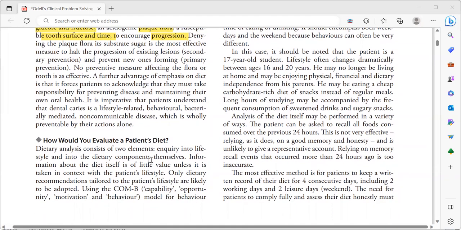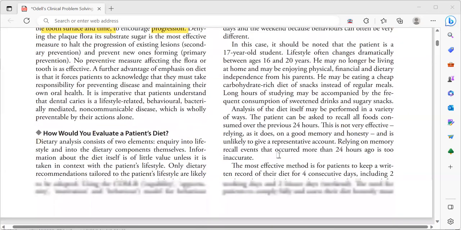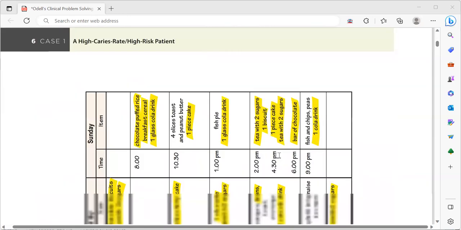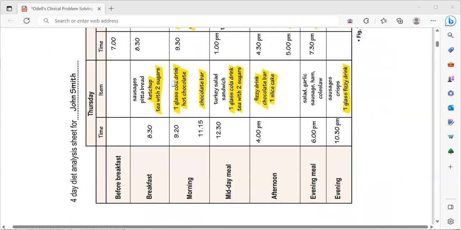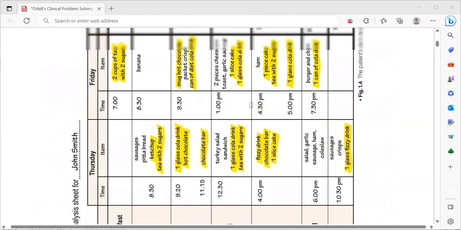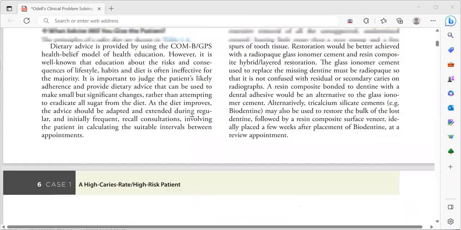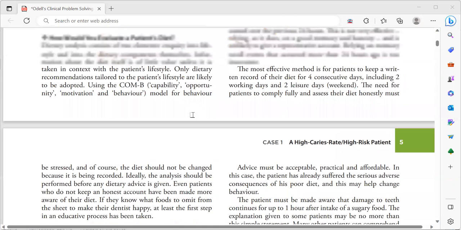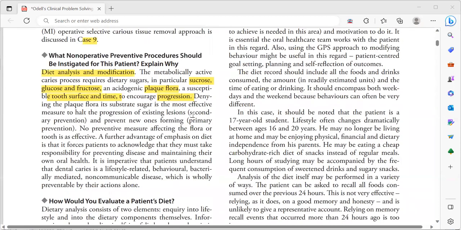So this is a process where we need to find out, I'll show you here. They have highlighted all the areas where the patient is taking sugary diet, and he's snacking a lot. So in the diet, we generally ask the patient which type of diet he is having, does he have sucrose or sugary diet and acidic diet or not. Then we need to find out the frequency, because frequency is more important than quantity, because we need to give at least 2 hours rest to our teeth, because that is the time when saliva would overcome and buffer all the acid produced by the bacteria